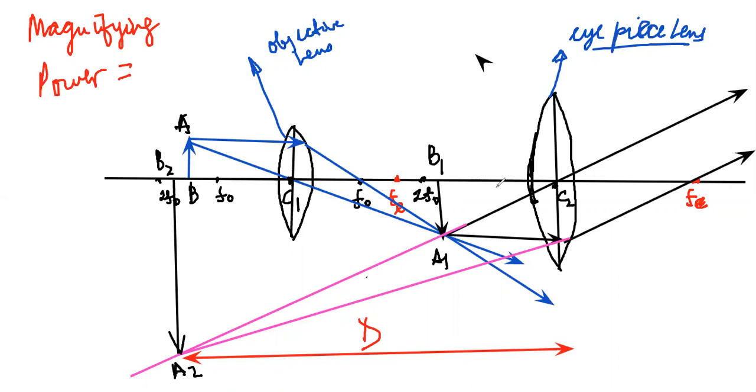So I can say this is beta. So this is the angle formed by the image, that is beta, divided by the angle formed by the object alpha. But one important consideration that you have to take, that is very, very important. I must draw this once again in order to make you understand. Suppose if I take this particular image object at least distance of distinct vision. This is the most important.